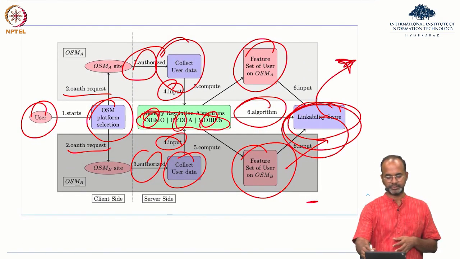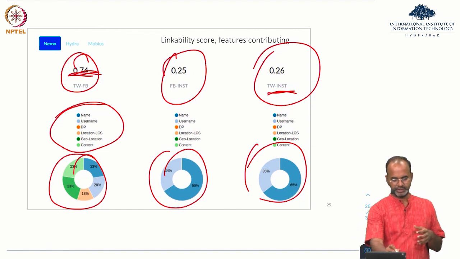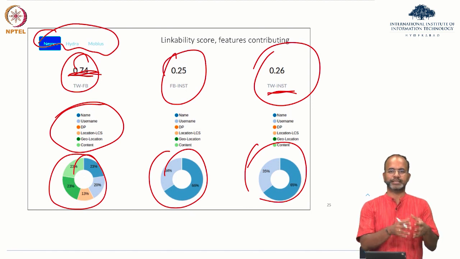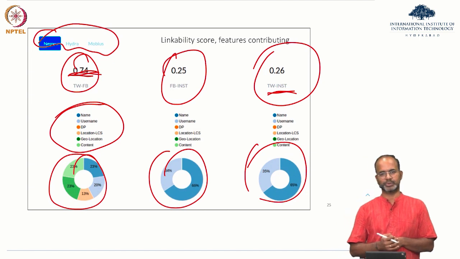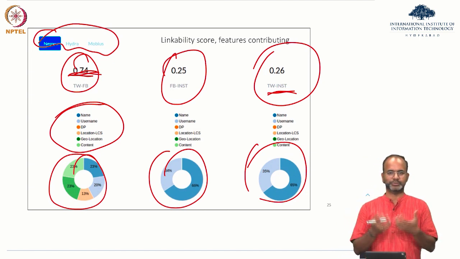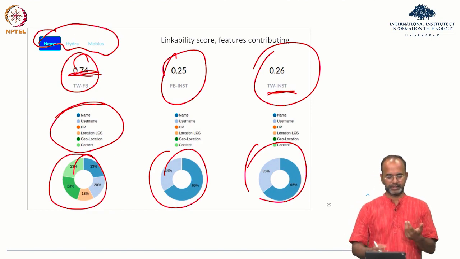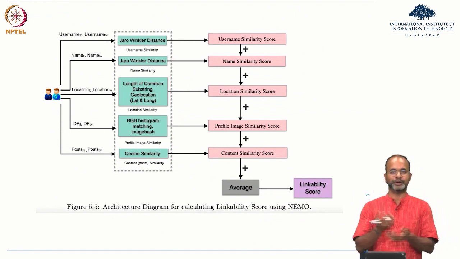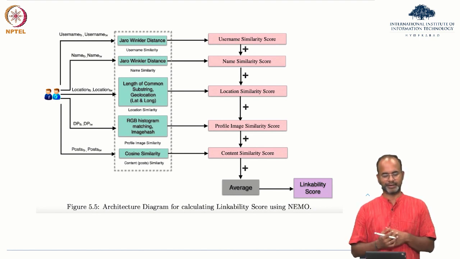How this is presented to the user is what this chart is showing you here. This is a dashboard. Again, this can be seen for different platforms. So you can get a sense, through Nemo, of how much the linkability score is, and depending on that, you as a user make your choice, right? That makes the user more comfortable in making choices, or more informed. I think the fundamental thing we are looking for is informed decision making, right?